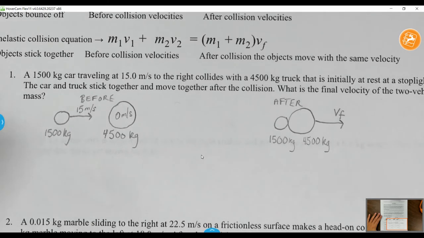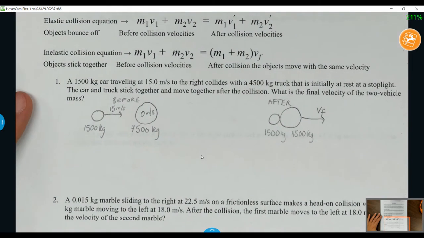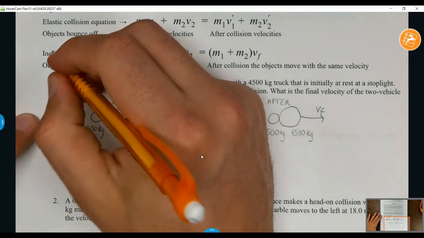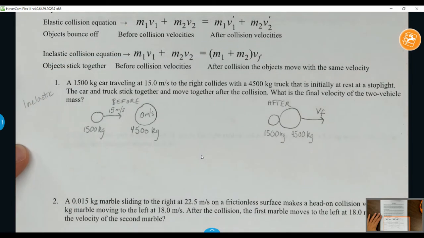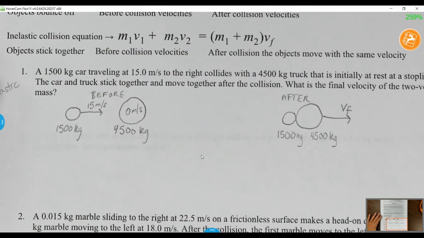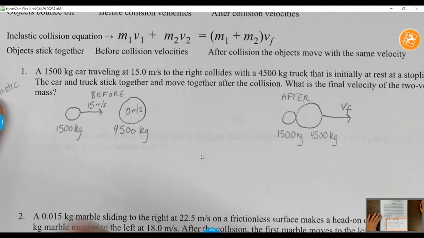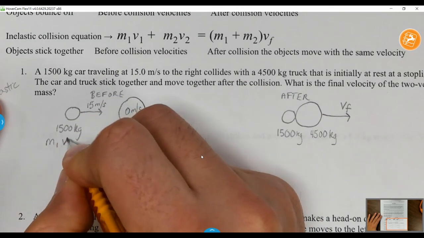So now, if you guys do this how I'm showing you, this becomes not difficult. Figuring out what kind of collision it is, especially after the drawing. Since they got stuck together, that's inelastic. I would definitely always write it next to the drawing so you know what equation you're using. After you figure out the equation, underneath your drawings, write out the actual equation itself. So here we have M1 V1,